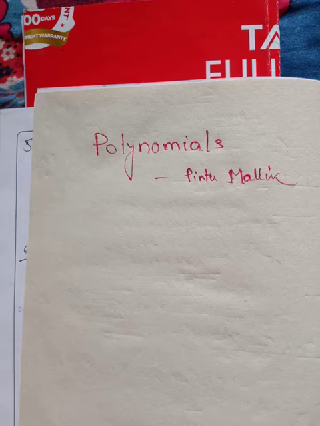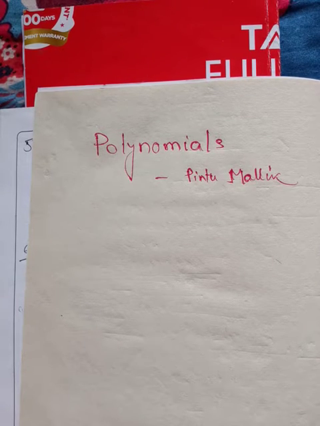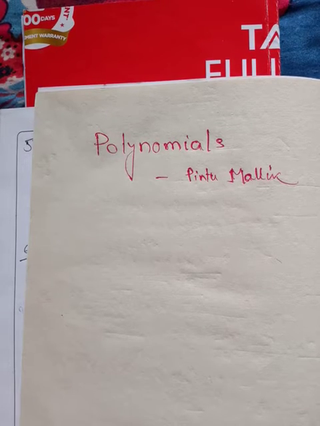So in this chapter, throughout this video, we are going to discuss the definition of the polynomial. Then we are going to discuss the degree of a polynomial, then classification of polynomials. Then we are going to find a value of a polynomial at a particular point. Then we are going to find zeros of a polynomial. Then we will discuss the geometric representation of the zeros, then relations between zeros and coefficients, and then lastly we are going to discuss the division algorithm for polynomials.